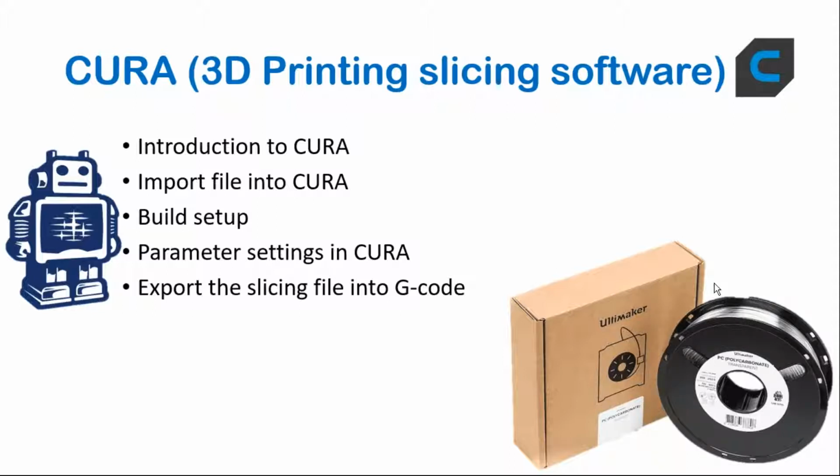In this we will see an introduction to Cura. We will see the different types of printers available in Cura, which we can select, and the different types of materials, which we can also select. Then we import files into Cura. We have designed 3 files, right? Those 3 files we will import into Cura. Then build setup: we need to fix one position and change the orientation, move, orientation, scaling and all those things we will see.